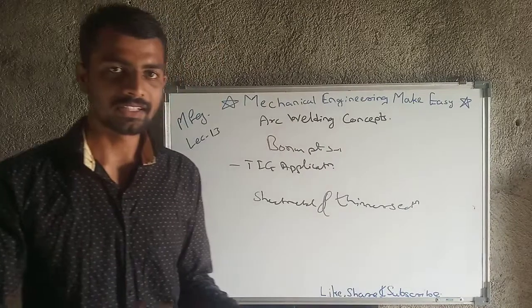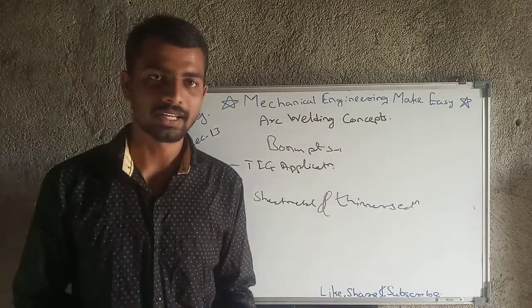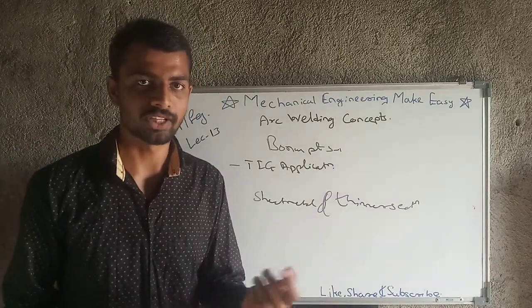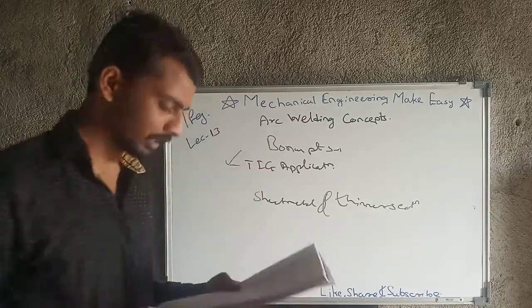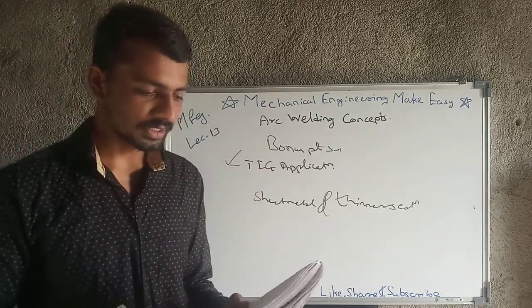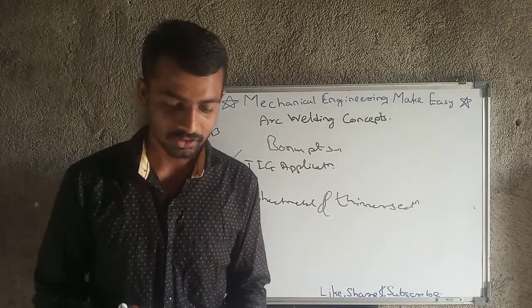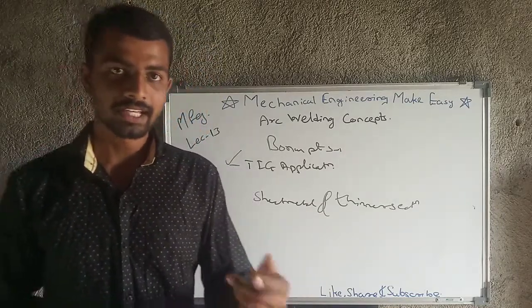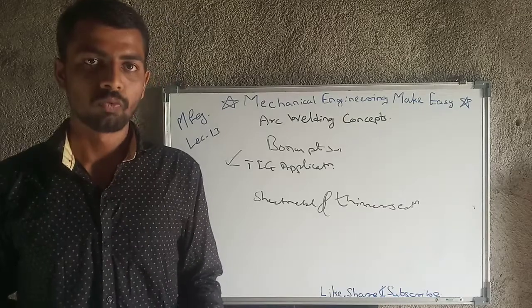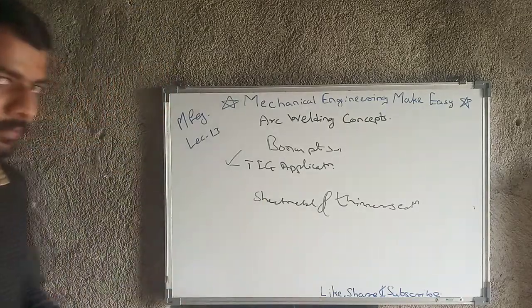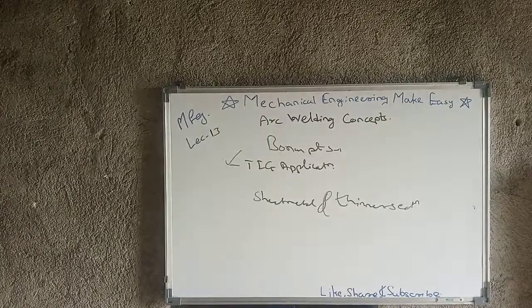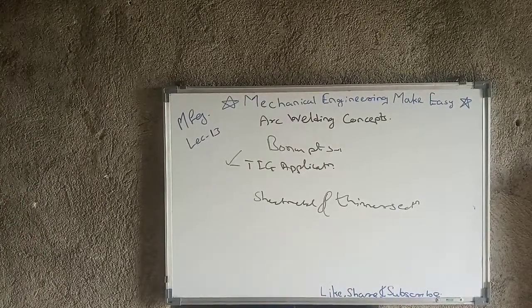Okay, if there are thinner sections like sheet metal, where the thickness will be 2, 3, or 5 mm etc., in that case we can use TIG. Then the next application is aircraft, chemical and instrumental industries. In the case of aircraft, there is a lot of sheet metal work also, so there we can use TIG.